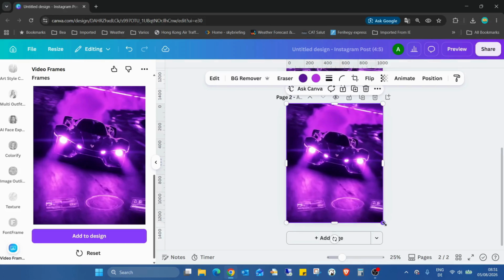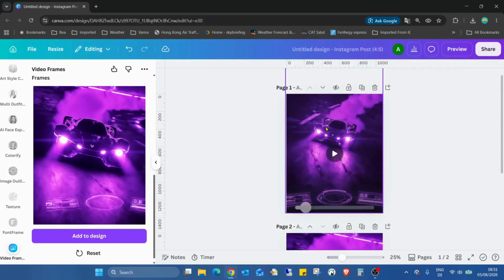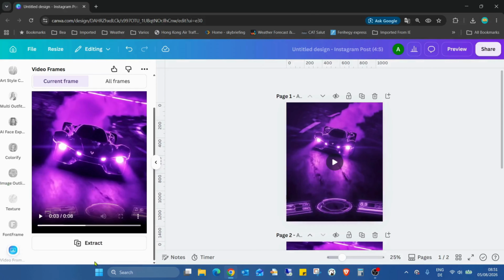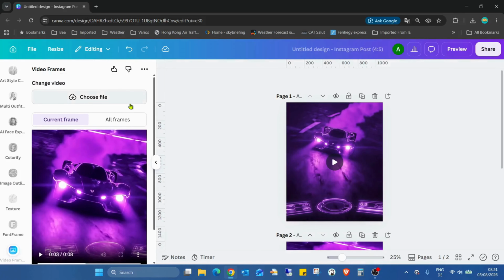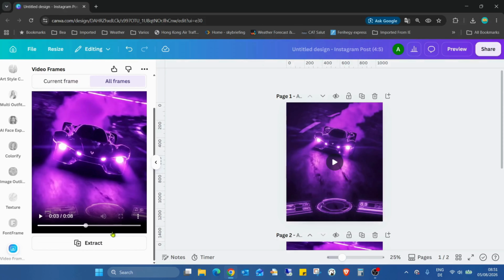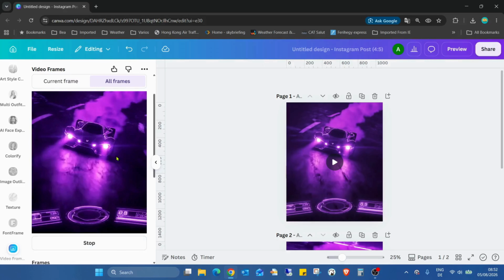And you already have an exact frame from the video, because if we try to do it from here, we see the control panel of the video player, and it's a bit difficult to do. But with this cool application, we can do it easily. And I just reset. There is another function called all frames. If I click on all frames and click on extract,